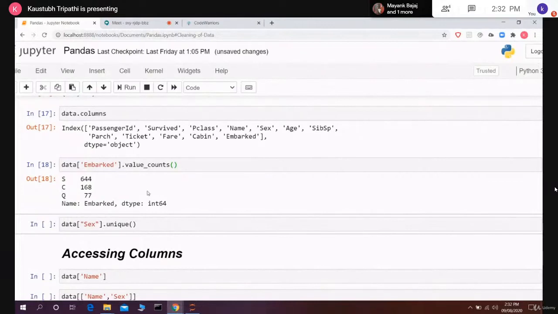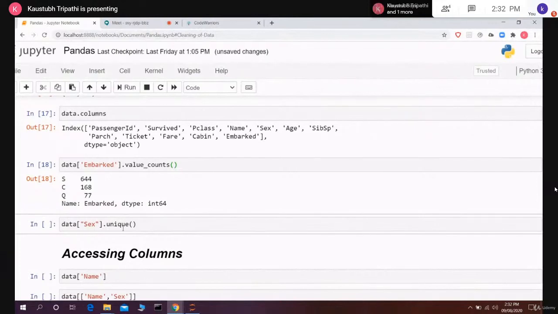Now this is used basically to analyze the data, to check what kind of data I have, to see what kind of values are present in my data, and to work out what kind of cleaning I have to do, or whether I have to remove something. So to understand our data, we use these methods to check what data is available.